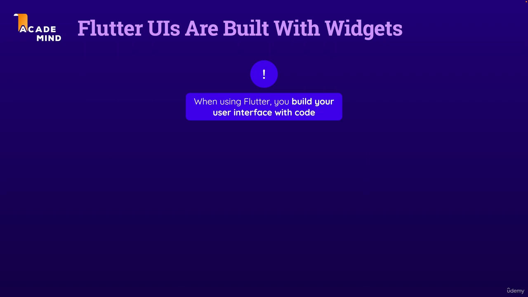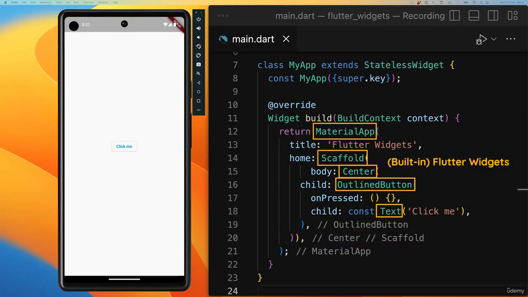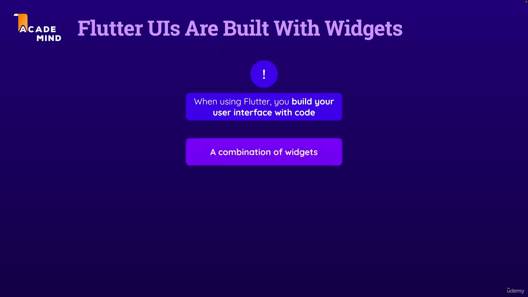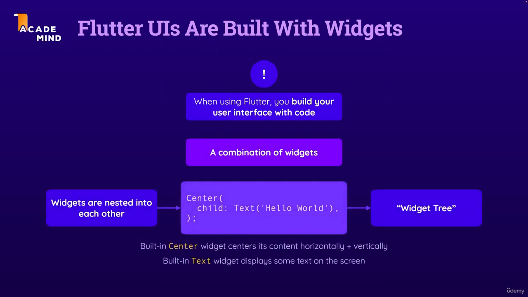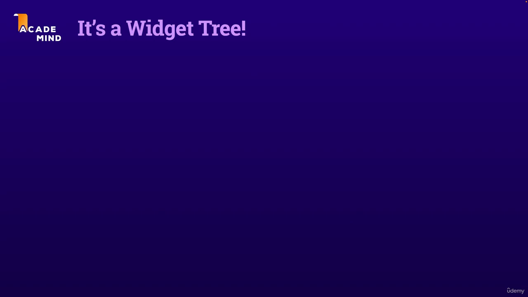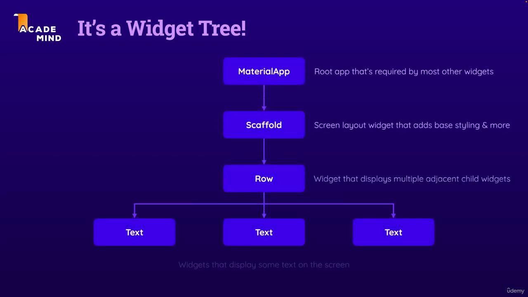When building a Flutter app, you don't use some visual drag and drop editor. Instead, you build your user interface in code by using so-called widgets. You typically combine many widgets with each other. You nest those widgets into each other, as you will see over the next lectures, to build a user interface. And since you end up nesting widgets into each other, you will actually end up with a so-called widget tree,